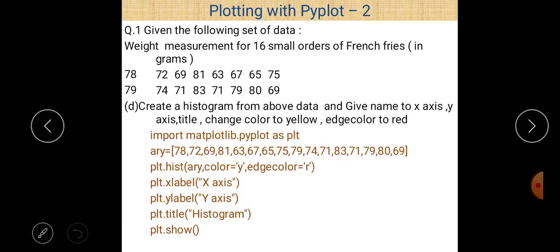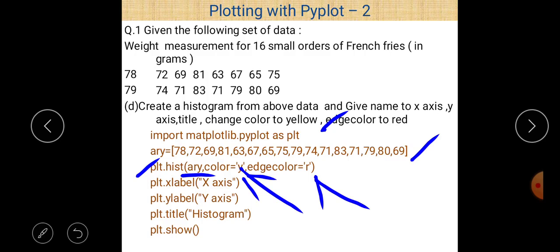For that purpose, first of all write import matplotlib.pyplot as plt, then the list is there, and then create a histogram using the hist method. So hist of ARY, and take two parameter values. First is for the color of the histogram and second is for the edge color. Color and edgecolor are two attributes, and the name of the color is given by a single character.